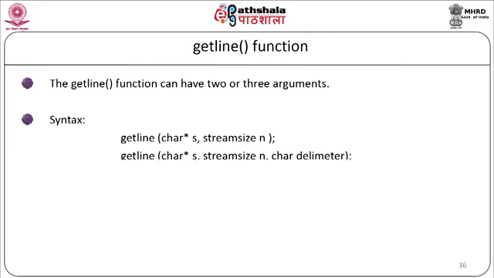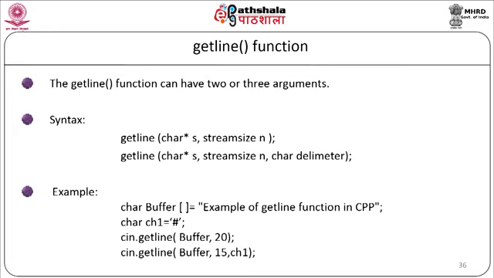The syntax is getline(char *s, streamsize n); or getline(char *s, streamsize n, char delimiter); The example is char buffer[] = "example of getline function in CPP"; char ch1 = '#'; cin.getline(buffer, 20); cin.getline(buffer, 15, ch1);